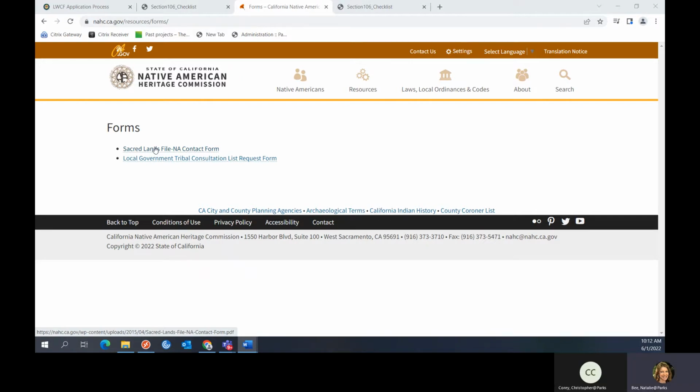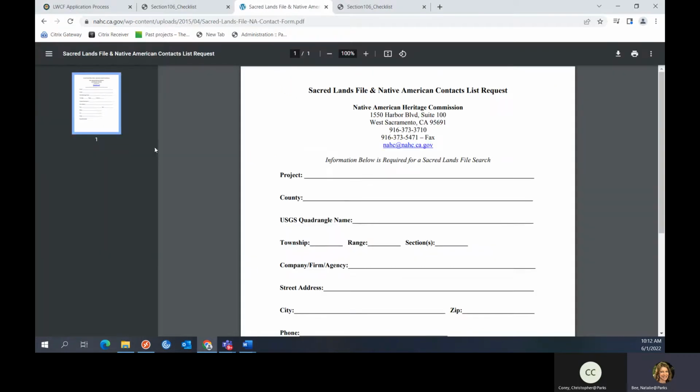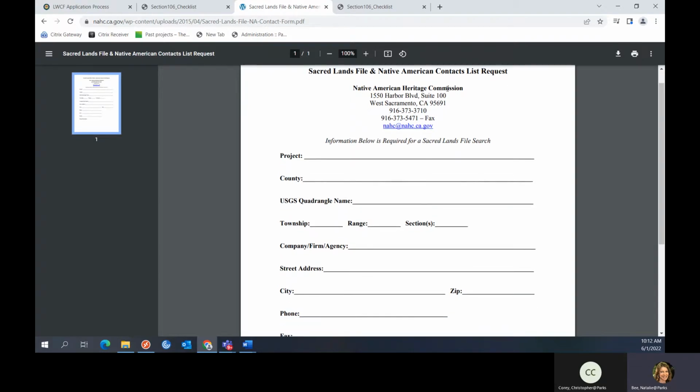You'll want to use this form here, which is the Sacred Lands file and Native American Contact List Request. So you'll fill this out and send it to the Native American Heritage Commission, and they will return a list of tribal representatives that are associated to your project site within that area. Upon receipt of the list,